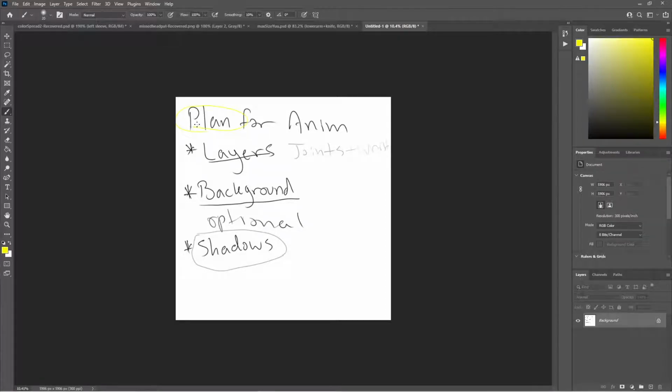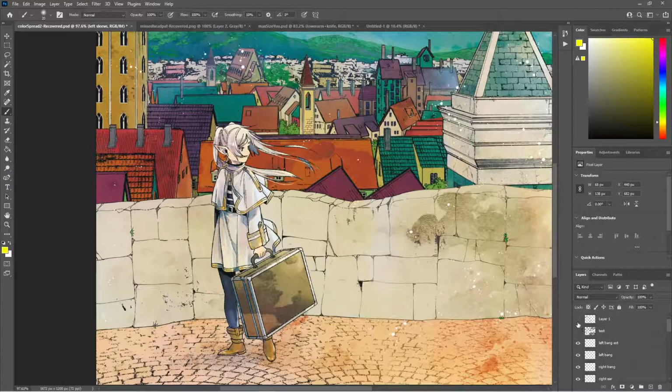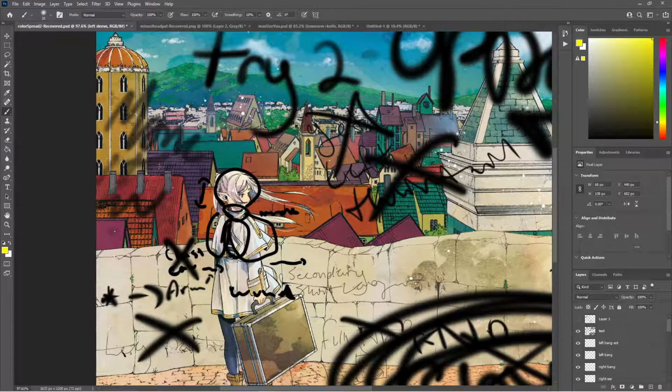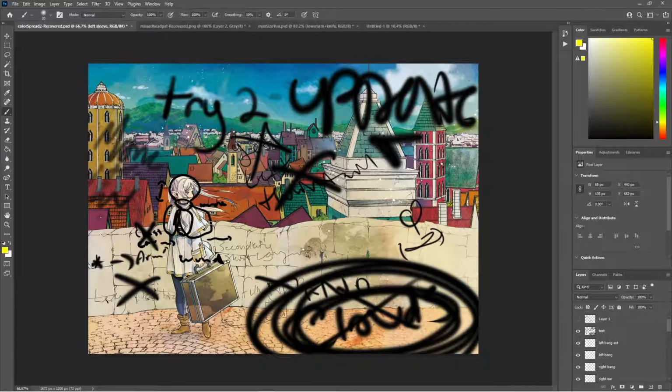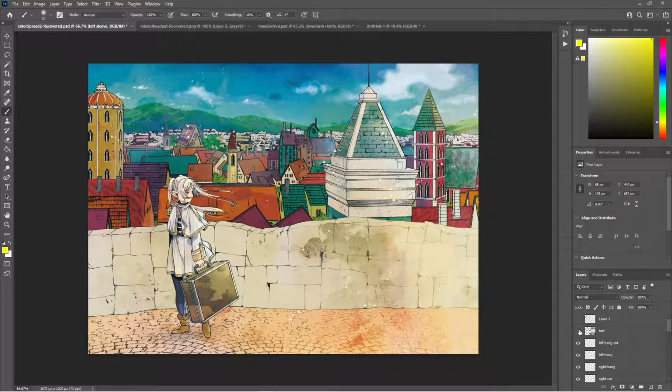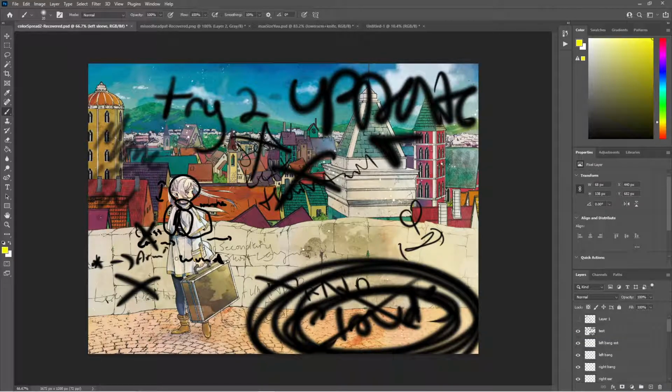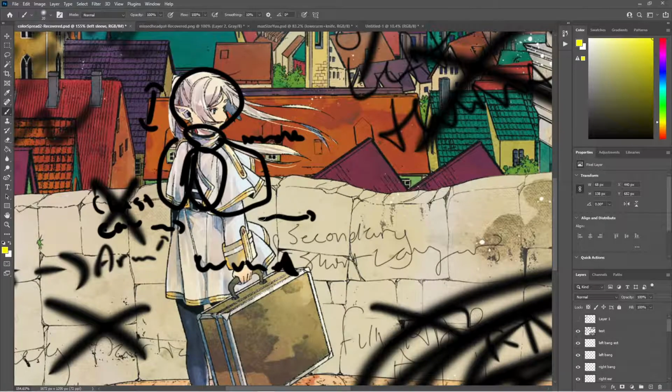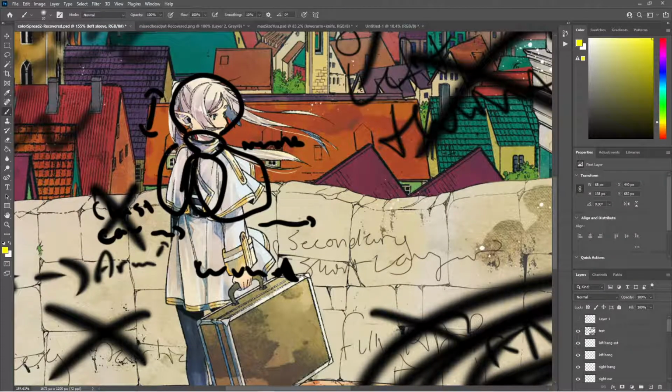Now, once you have a plan and you've laid it out, you have to figure out, what do I want to make move? This can be kind of hard. Sometimes you can make stuff just on the fly. Like this one, not so much. As you can see here, I have an entire plan laid out on how I want to do this. It's quite chaotic because nobody's going to be looking at this besides me. But you can see I have multiple plans here laid out on how I want to animate this. You can see how I'm showing where I want these sleeves to move, where I'm going to be applying the mesh deformers,